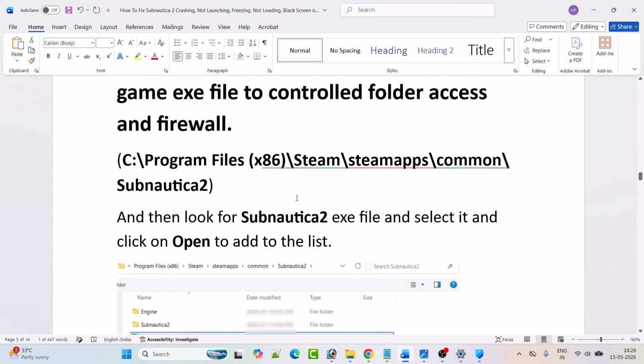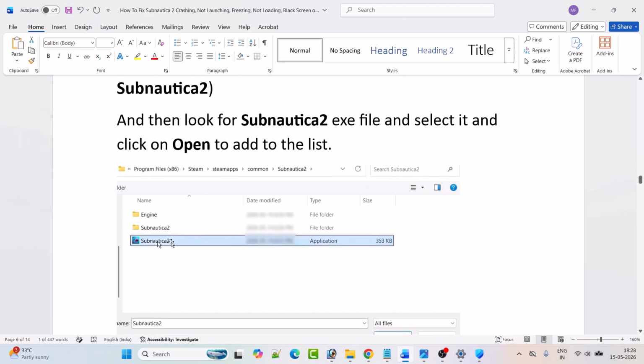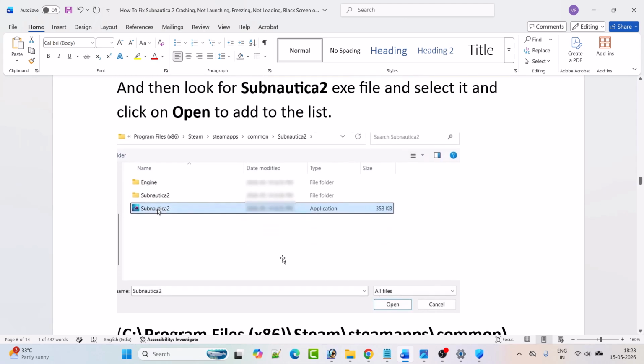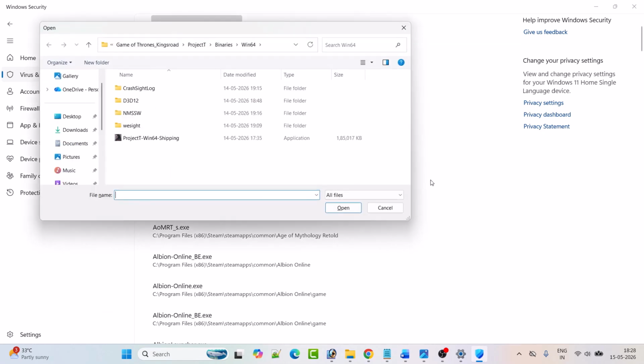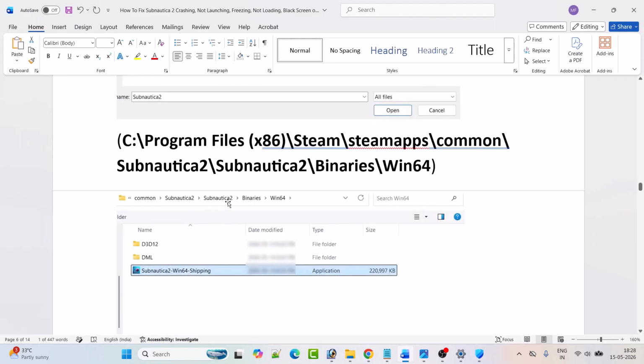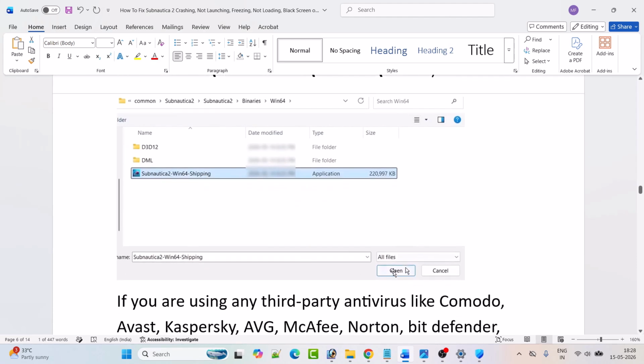folder. So browse to C drive, Program Files x86, Steam, steamapps, common, Subnautica 2 game folder. Select this Subnautica 2 exe file and then click on open to add it to the list. Now again click on add an allowed app, browse all apps, and this time open the Subnautica 2 folder, Binaries folder, Win64 folder. Select this exe file, Subnautica 2 Win64 Shipping exe file, and then click on open to add